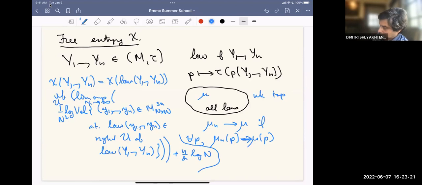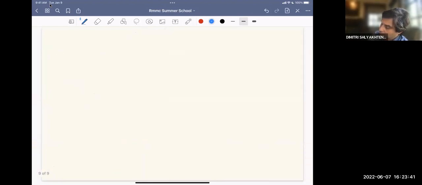But anyways, it in some sense counts the logarithmic number of matrices that approximate a given law. And so, well, maybe since we're very short on time, let me just say that in the case n equals 1, so one variable,